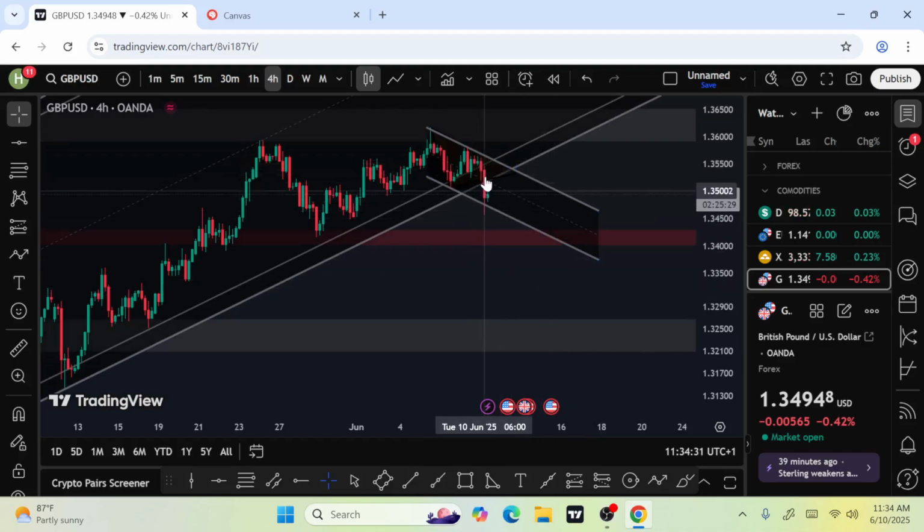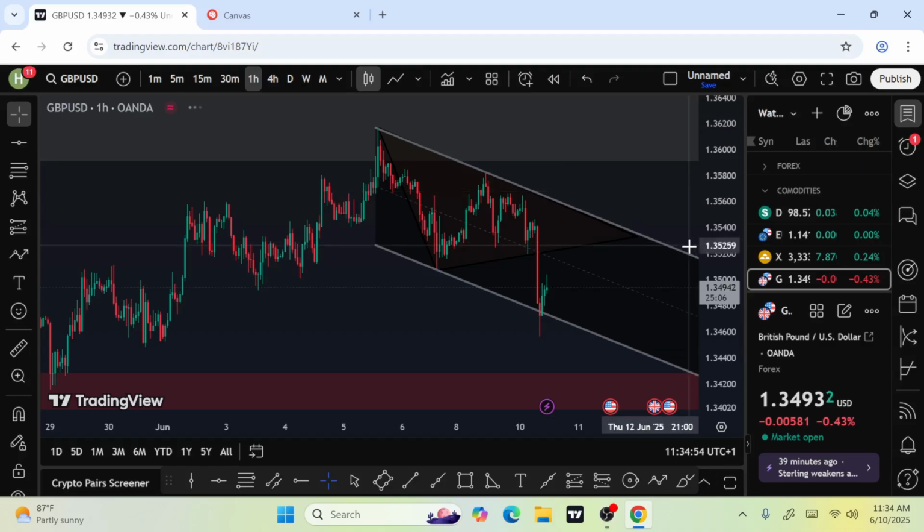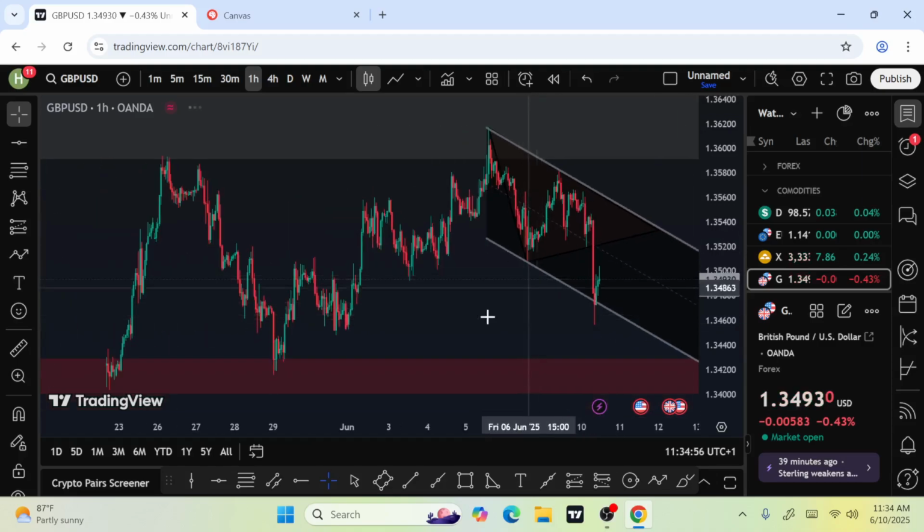This was the sell we took on GBP. So what made me call this sell? Who can tell me? No, you can't call it an M pattern, because before it formed, it did not show you this M pattern. No, it was the sell that we took that was responsible for the breakout.